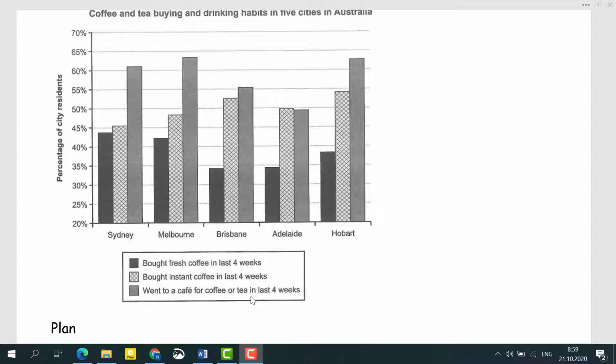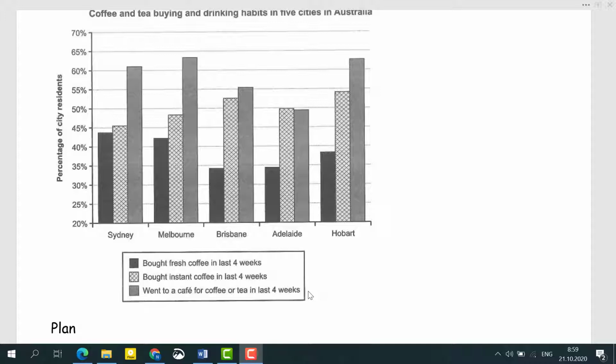So a lot of students are confused and don't know exactly how to describe such complex graphs. And today I will show you how to do that. Okay. First of all, it's very important to pay close attention to these keywords: in last 4 weeks, which basically means that the examiner wants to make sure that we can use